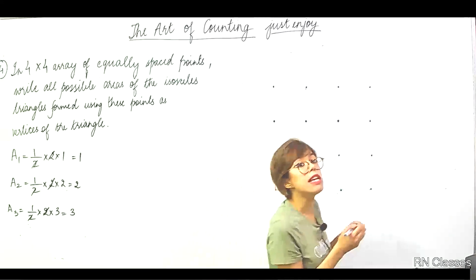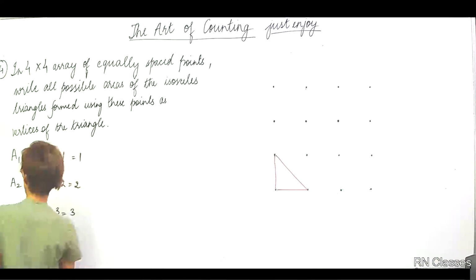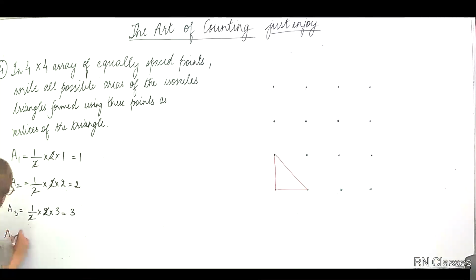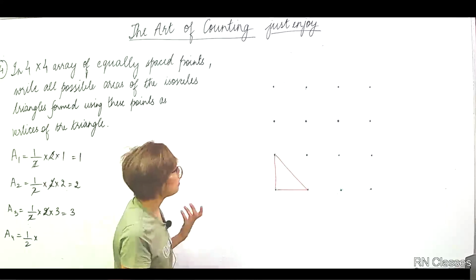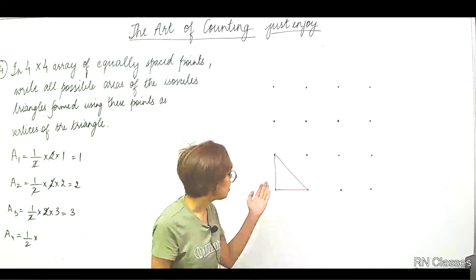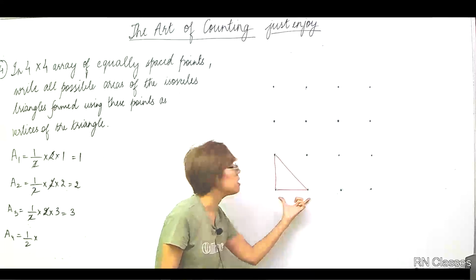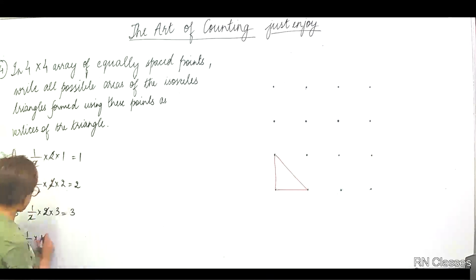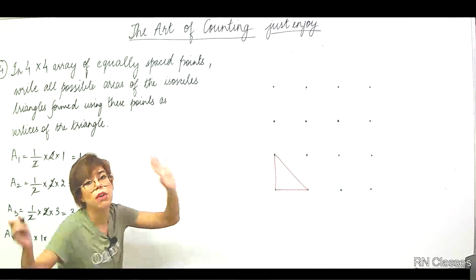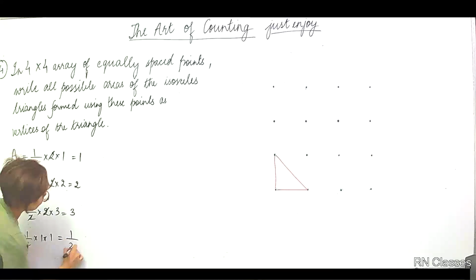But I am interested in the area. So area लिखें. So A4 is equal to half into base. Now the thing is, this is an isosceles triangle, absolutely right. This angle is 90, right? So base में ये ले लेती हूँ. Base is 1 into height, which is 1 again. So this area is 1 by 2,